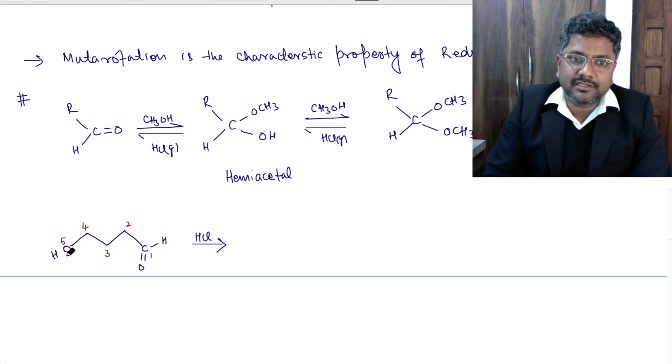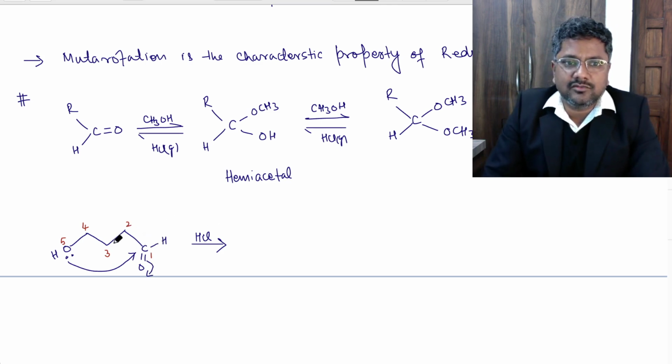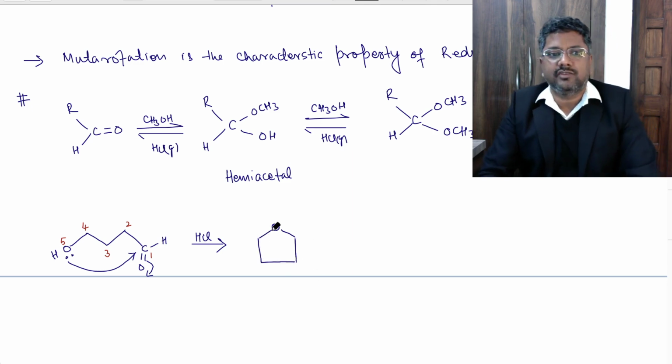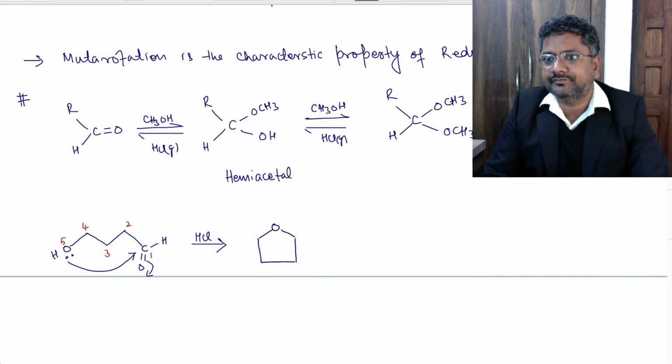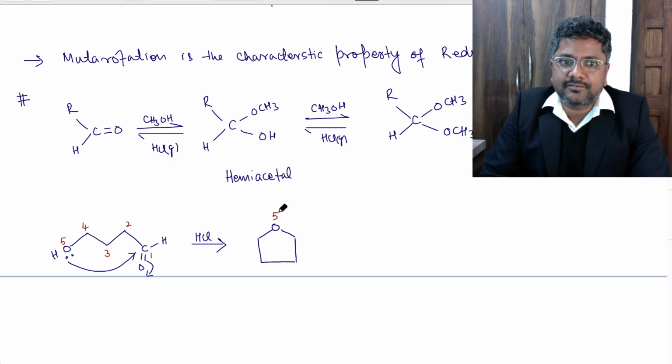So what will happen, this lone pair will attack here, this will go like this. So how many membered ring? 1, 2, 3, 4, 5. A 5 membered ring you will get, including oxygen, like this, right? This is number 5. 5 attached with 4, 4 with 3, 3 with 2, 2 with 1. And this carbon is carbon number 1,